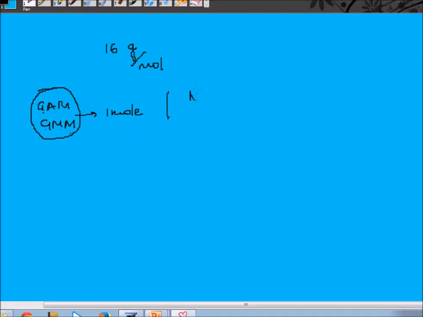If, let's say, you have the sodium atom, in some textbook you will find that the atomic mass is 23 gram, whereas in another textbook it might be written as 23 gram per mole. They are both trying to say the same thing, but one is trying to be more specific about it and the other is just being a bit more superficial. So the sodium atomic mass can be written as 23 gram or 23 gram per mole.